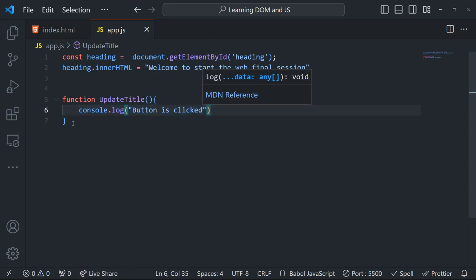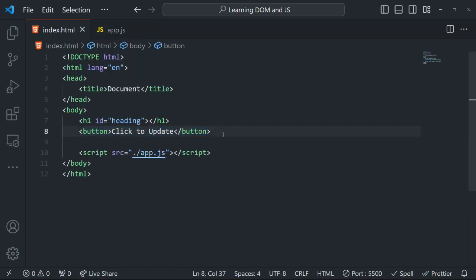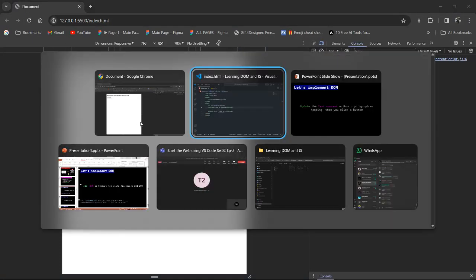Now I just created a function, and whenever somebody calls this function, guys, what will happen is that it will basically console log button is clicked on my console. Now let me show you guys what. I'm able to click the button, but nothing really happens. That is because we need to add a